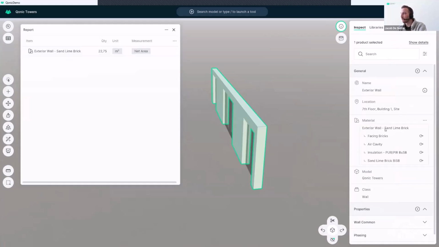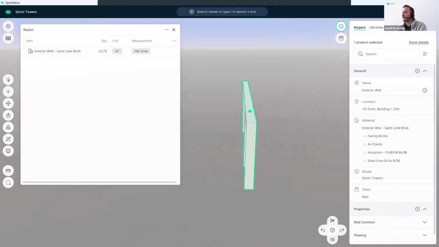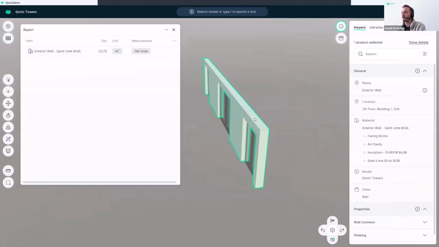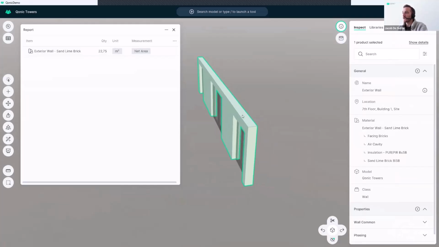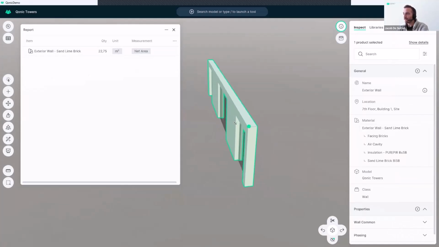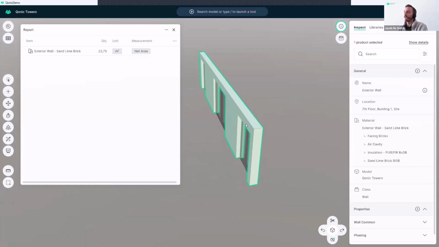So I can see here this exterior wall indeed consists of 4 layers. These 4 layers are defined in the original IFC file, each with their layer and a separate thickness. But these layers were not explicitly defined as geometry inside the IFC file, so I cannot interact with them directly. I cannot get the accurate quantities per layer out of them because they were not defined explicitly. Actually, I can use Qonic to define that explicitly. So I can choose to split this wall into its layers,